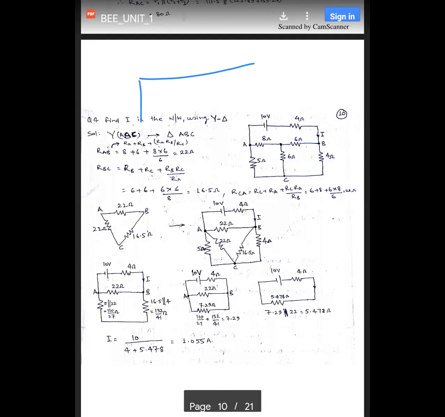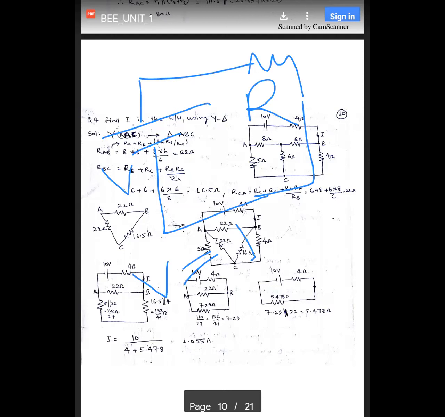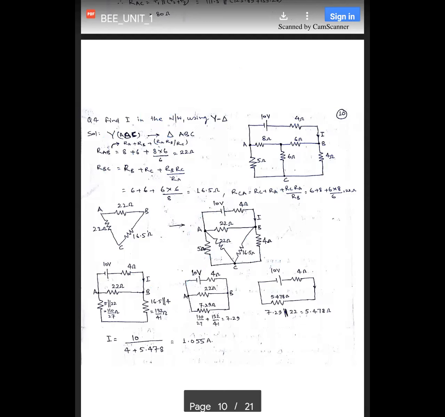It means that if there is one battery source and one resistance, that's it, so that if V is the voltage and R is the resistance, and we have to calculate the current, then Ohm's law can be applied. So our aim should be to convert the circuit in such a manner so that